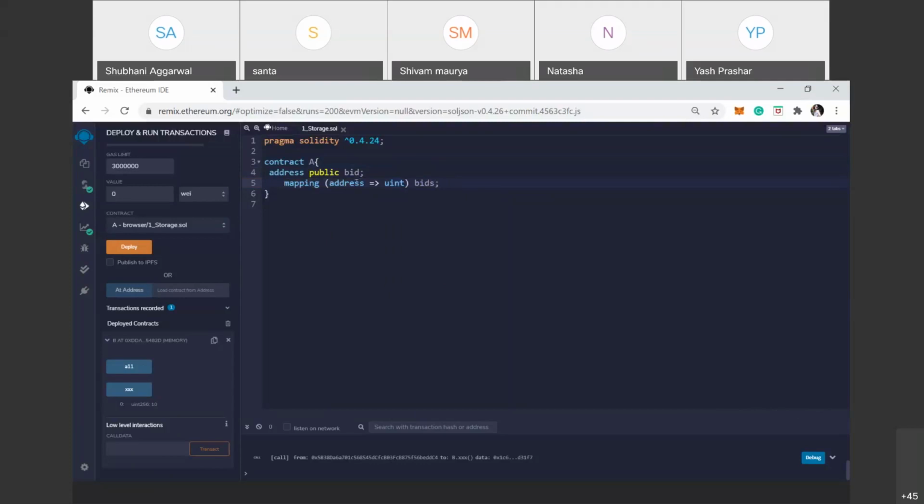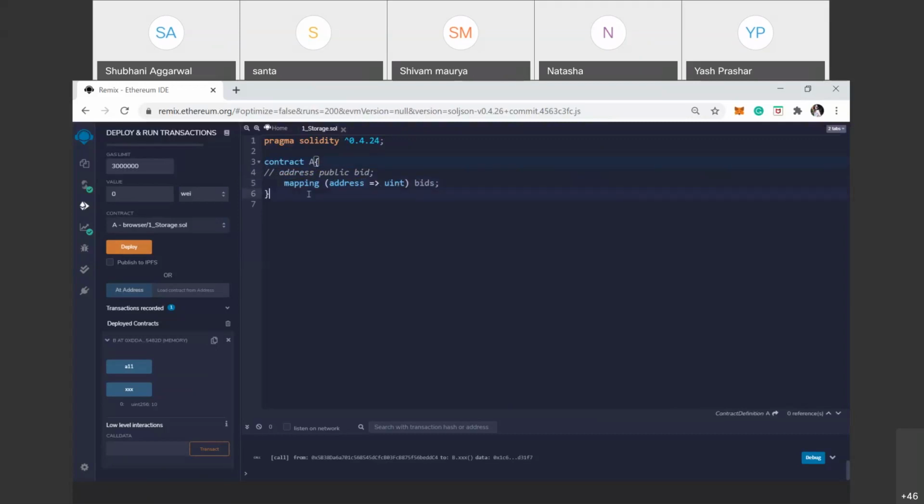Using this line, we give input in address form and want the output in uint form using the same variable bids. Here, this is a different thing: this is a variable of address data type. This line means that you give input in address form and want the output in uint form.